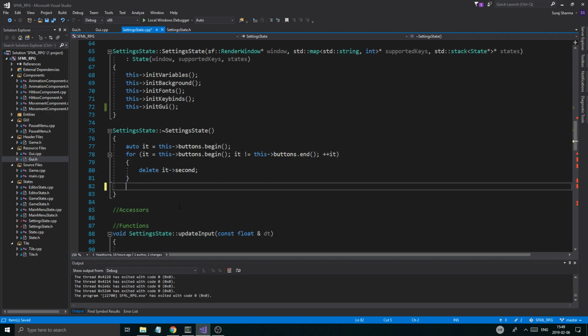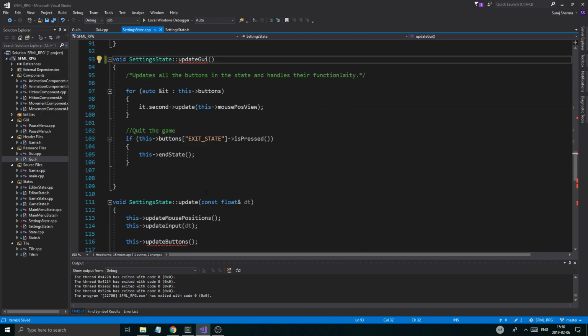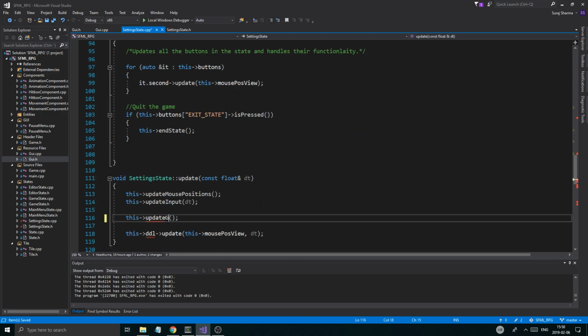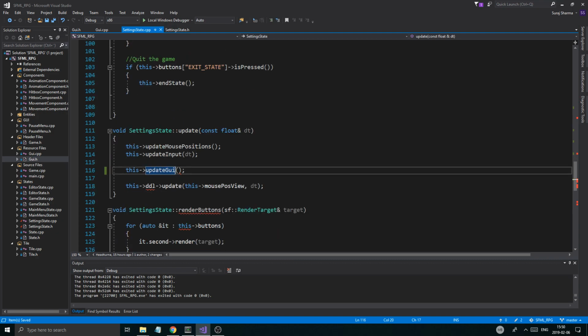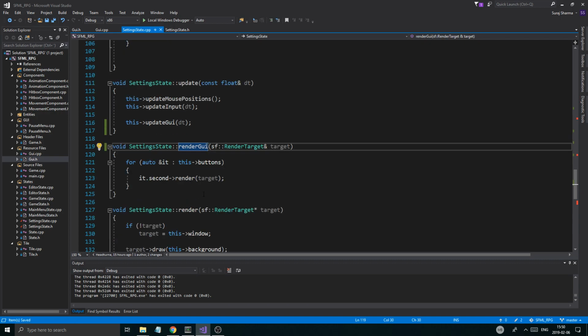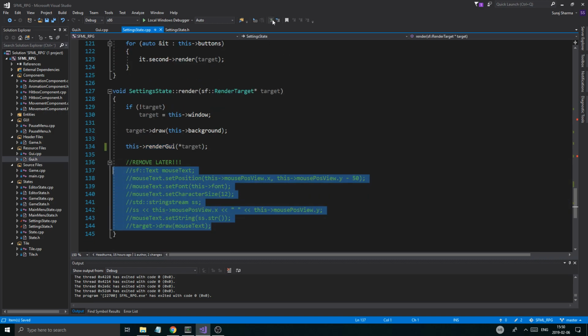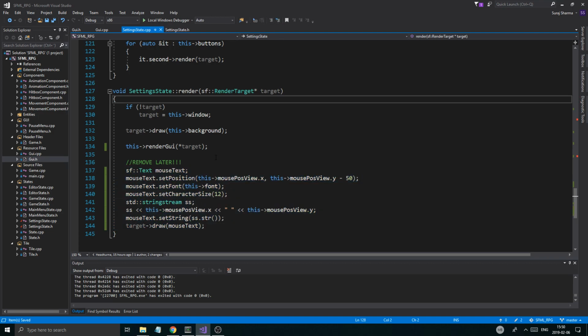I'm going to remove that DDL thing there. Update GUI, GUI, GUI. And then DT in there. I'm going to remove this update. Whoops. Render GUI. It's fine. I'll remove this GUI. Now I'm going to uncomment most of this because I'm going to need to see the mouse position